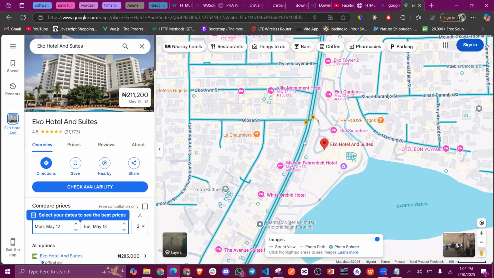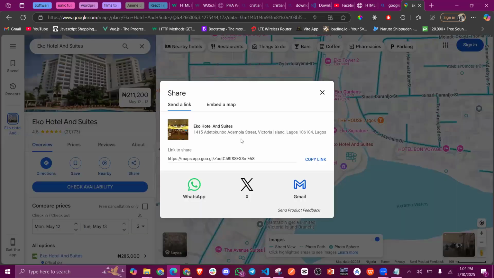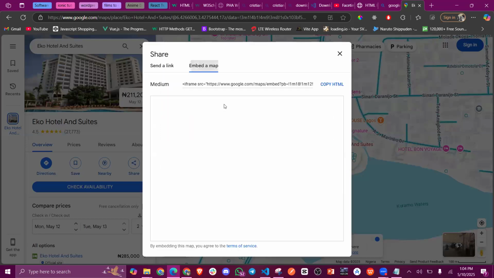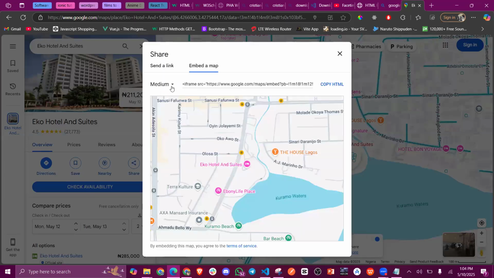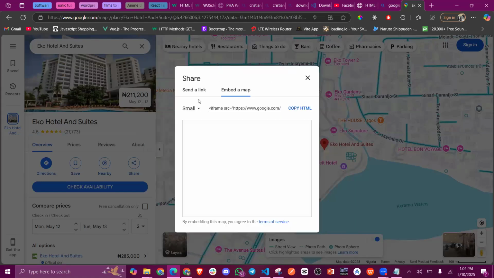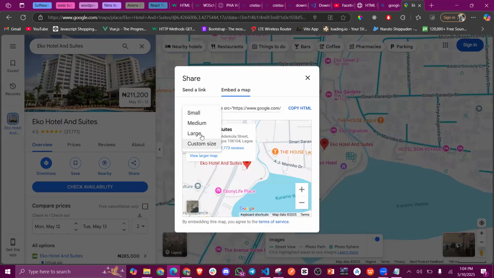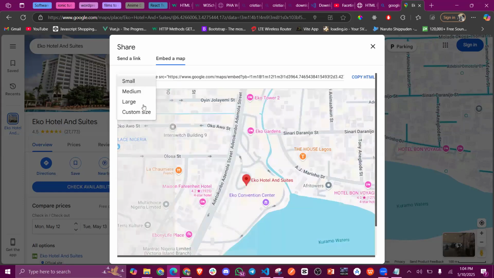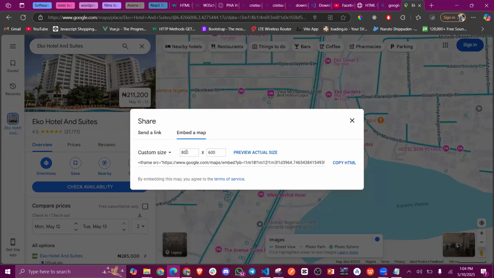So you see something like this, you understand? You have something like this. Then you come here, you click on share. After clicking on share, you click on embed the map, you understand? Here you can have a medium map, a small map, and of course a large map. And here you can customize the size. You can specify the width and height you want, you understand? But I don't really use this,